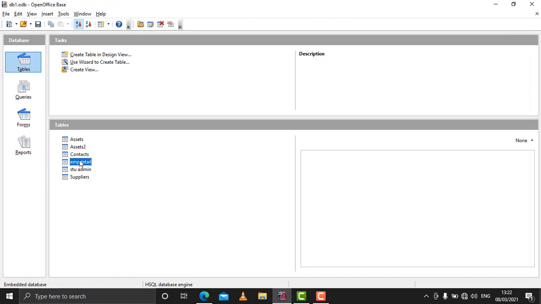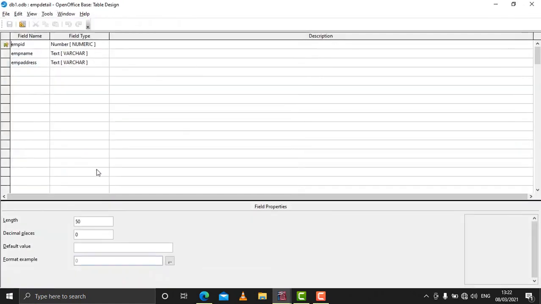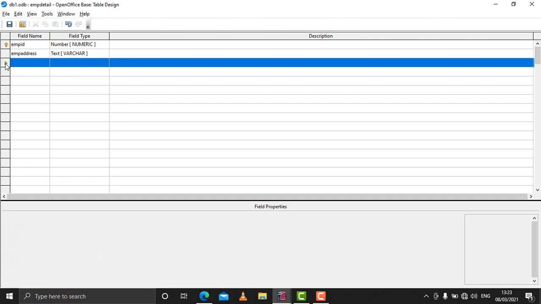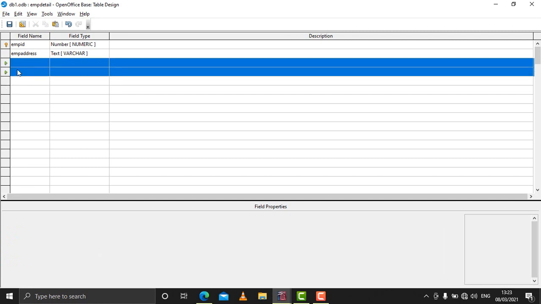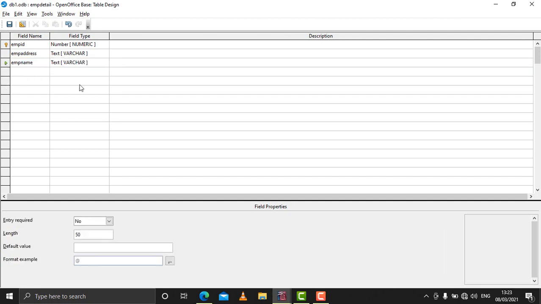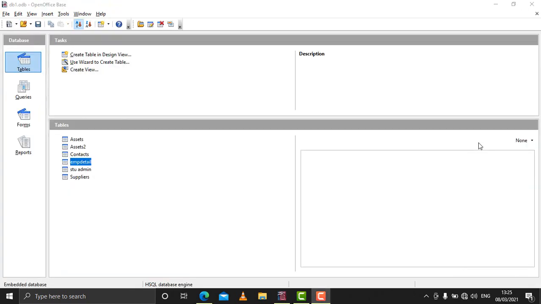For that you need to go to the design view, right click on edit, and suppose you want name after address, so click on it, right click on it, cut, and then again click here, right click and paste. So you can see name was above, so name came here. Now save the structure. So this is how we can create a table using design view, and we can modify the structure of the table also using design view.